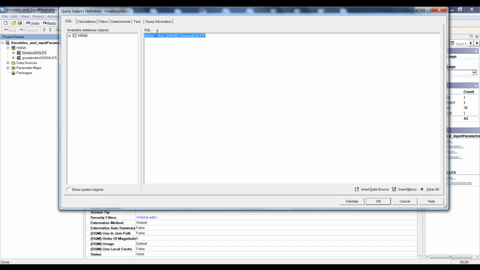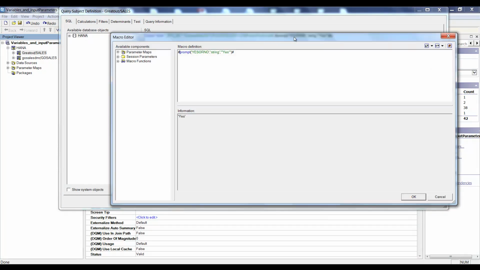And now, because we're going to be changing the SQL, I'm just going to be pasting the value here. Basically we're changing from the original default SQL, select star from sysbic Greatout sales, and you have here at the end from placeholder the specific syntax that's required by SAP. So here we're just going to be saying placeholder equals ParamProdLine, which is the name of the parameter, comma. Now here we have the option of either placing the value. It requires a string value right now. We could either input the values directly here, or we've included here a prompt macro, which is this portion here,